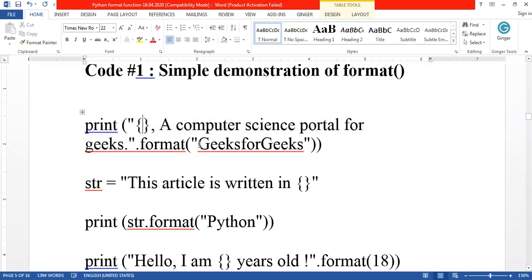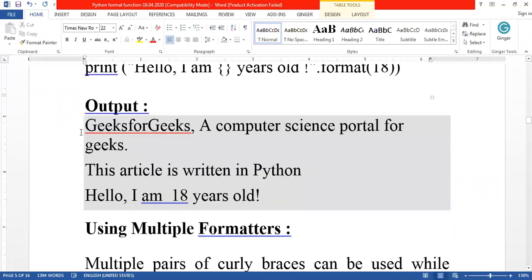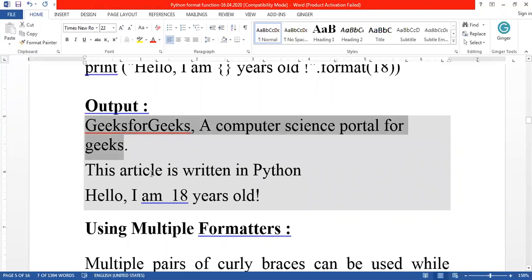Here I am using only one value, that is Geeks for Geeks, right? So this value is replaced in this placeholder. Let's see the output. Geeks for Geeks, a computer science portal for geeks. That should be displayed as output.